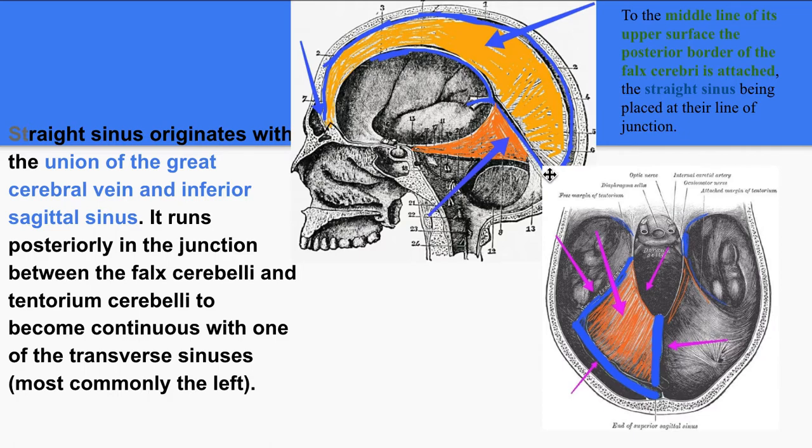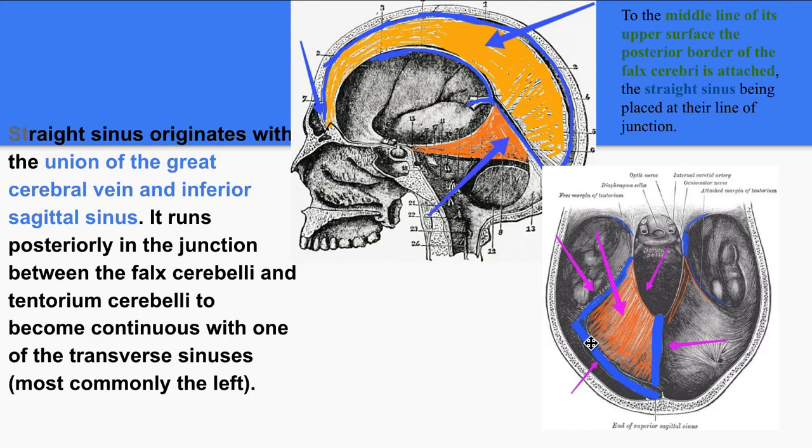Now along this attachment, we see the straight sinus. So the straight sinus is placed at their line of junction. So the sinus originates with the union of the inferior sagittal sinus and the great cerebral vein, and runs posteriorly in the junction between the falx cerebri and the tentorium cerebelli to become continuous with one of the transverse sinuses,